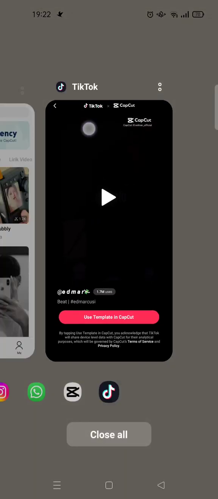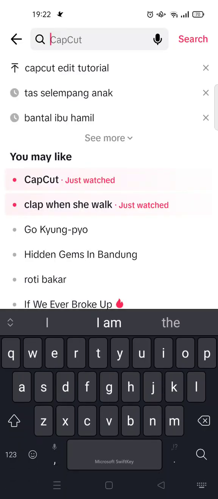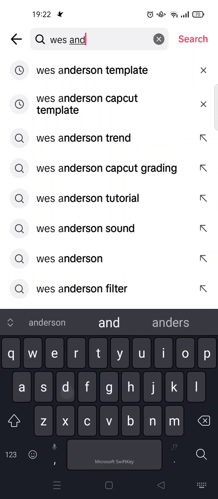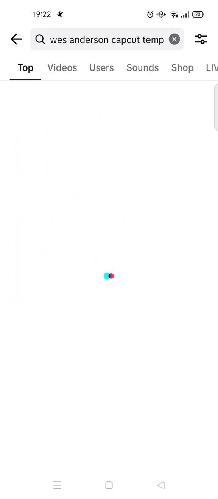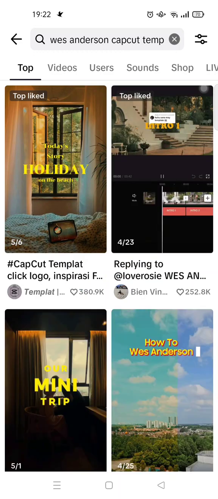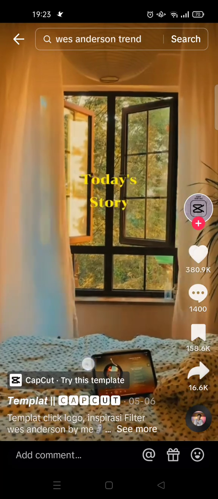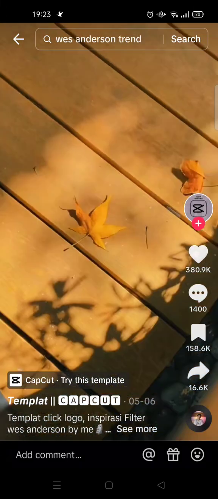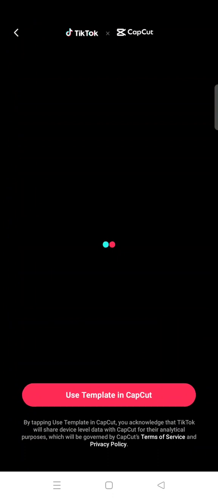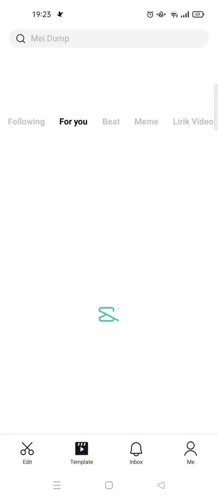And the second way is that you can find it directly with a certain keyword. For example, with Anderson CapCut template. Okay, this one. So you can just easily find the one that you want to use, and then click on this CapCut try this template button again at the bottom, and just like before, you'll be directed to this page, and you can just click on the use template in CapCut,